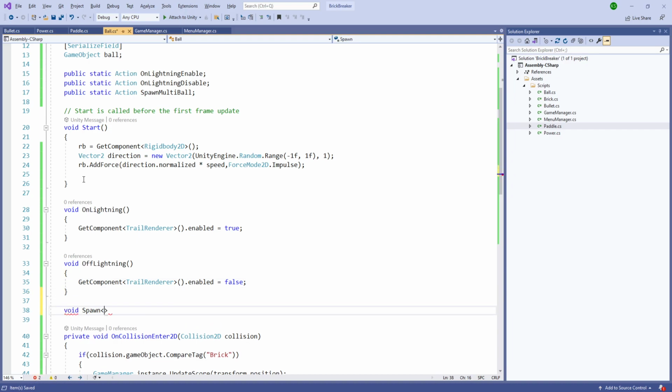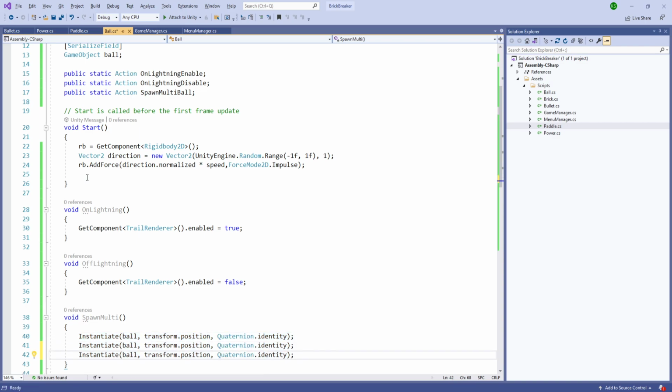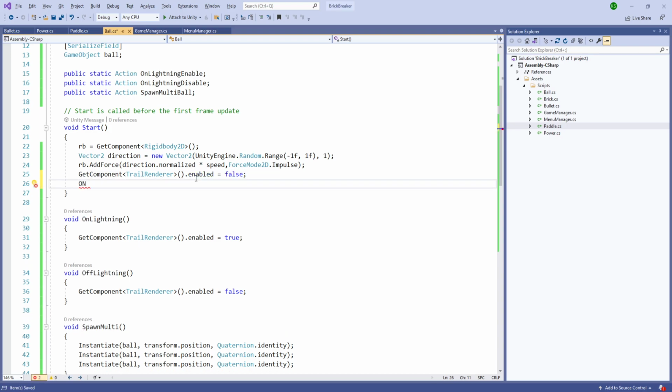Next one is going to be multi-hit ball, and quaternion dot identity. We need to spawn two more balls. So we'll just hit. Let's reference and we need to set the renderer. Enable